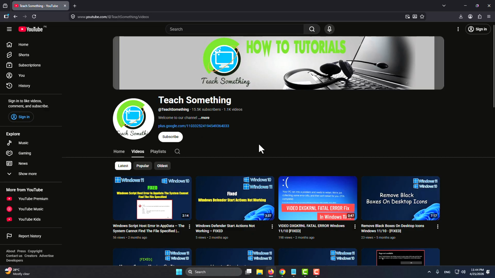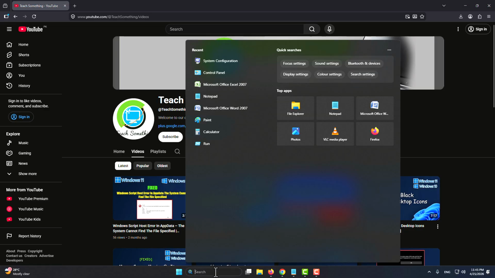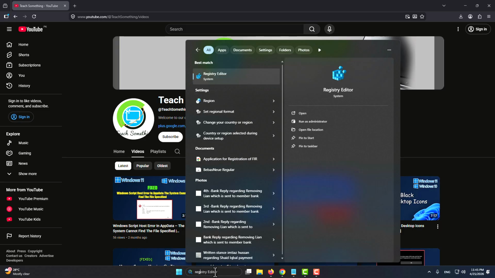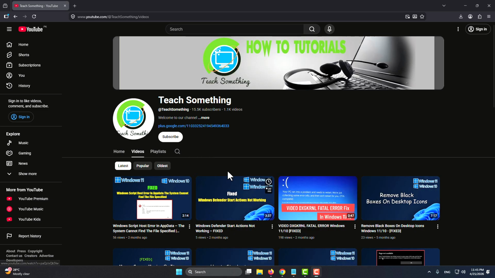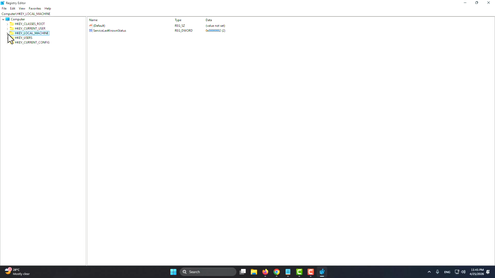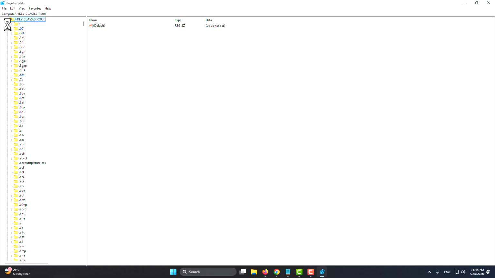So let's start. Okay guys, first of all in the search box type registry editor, and open Registry Editor, right click, Run as administrator, opening the Registry Editor. So first of all select HKEY_CLASSES_ROOT and expand it. After doing this step, go down and find out